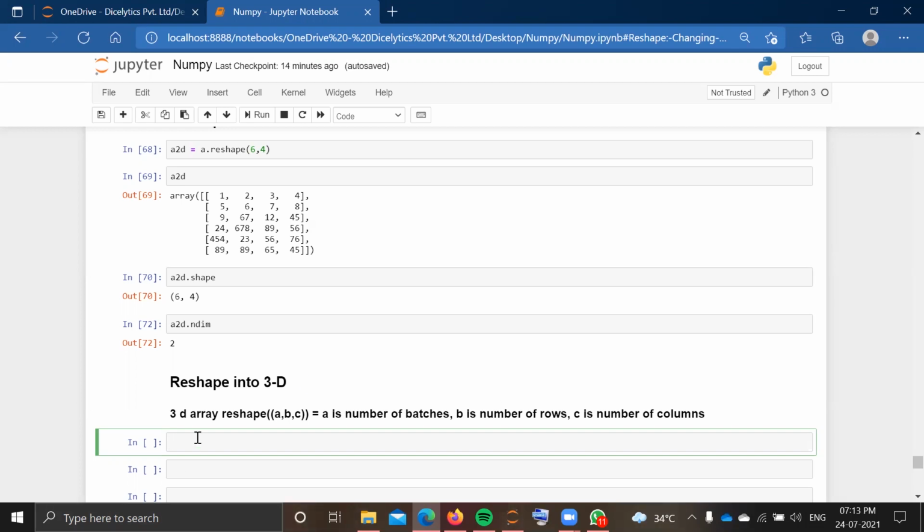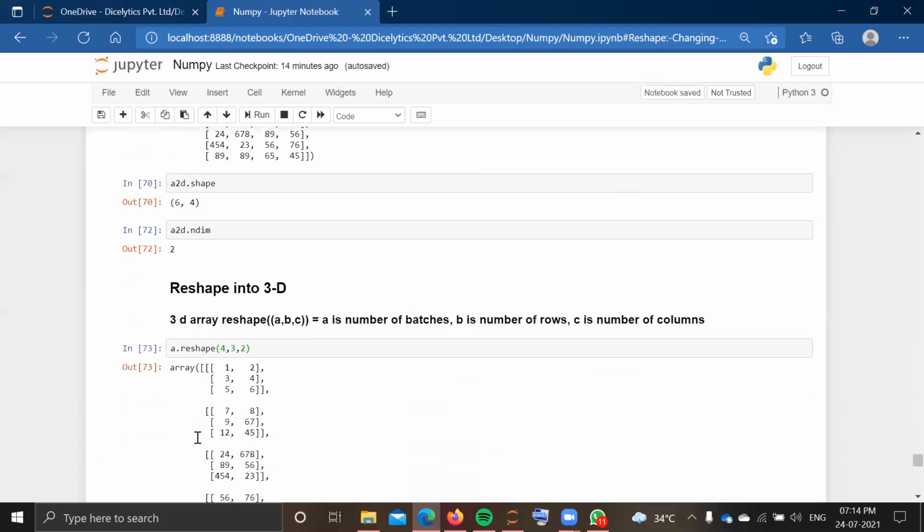So let us say we are going to reshape our original array a, which is a one-dimensional array, into a three-dimensional array of 4 cross 3 cross 2. Again, guys, remember the number of elements needs to be equal to the total number of elements. As in initial a, our total number of elements is 24. So the product of these input parameters a, b, c also needs to be equal to 24. Or you can say the total number of elements present in the reshaped array also needs to be equal to 24. So when I run this code, here you can see four 2D arrays of shape 3 cross